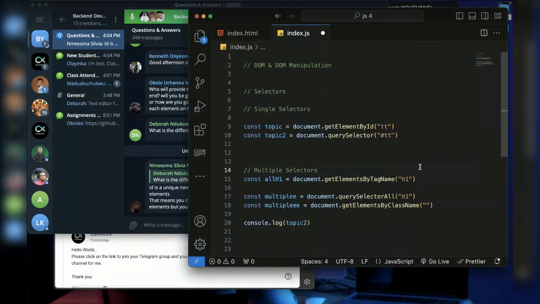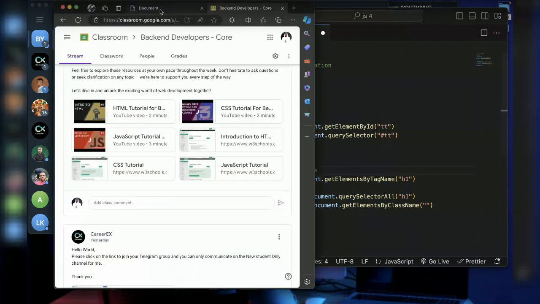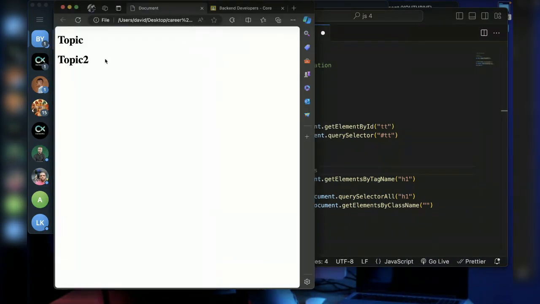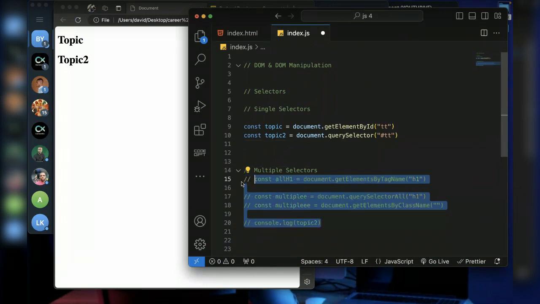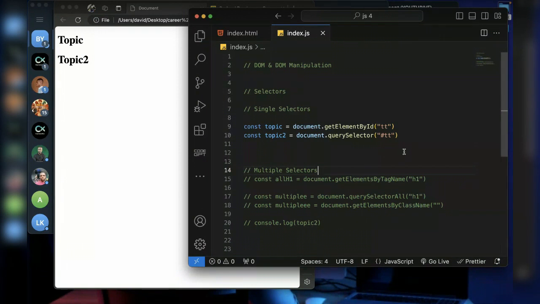So with this going forward, what we can now do is try to manipulate each of these. We can select them. How do we then manipulate them? The first manipulation we can do is that we can actually change the contents in each of them. So I'll save this and I'll remove this. You know what? I'll also remove this, but I'll copy it.